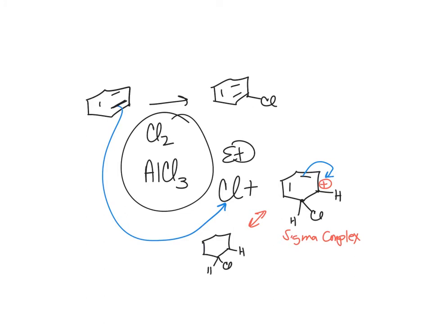You draw all your bonds in here, and now your positive charge is over here on this carbon, and then you have another resonance structure here where the electrons go towards that carbon, and then those are your resonance structures. And then you can just pick one of these, and I want a separate step,